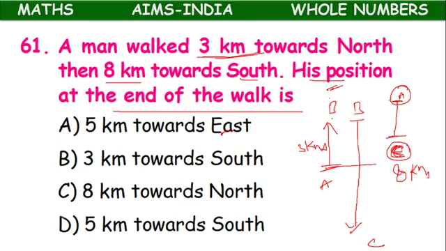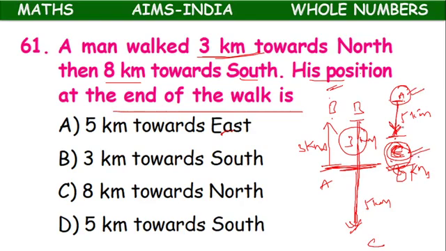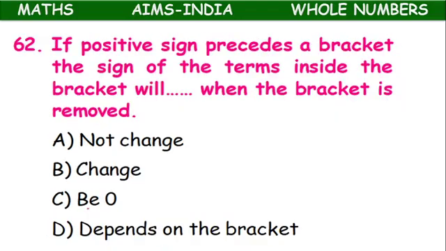So here upwards 3 kilometers, in B to C, up to A, this part is equal to 3 kilometers. So the remaining part will be equal to 5 kilometers. Means the A to C distance will be 5 kilometers, and C is downside compared to A, means C is in the south direction. Downside direction is considered as south direction. So the position of C compared to A is 5 kilometers towards south. Option D is the correct answer. Next.